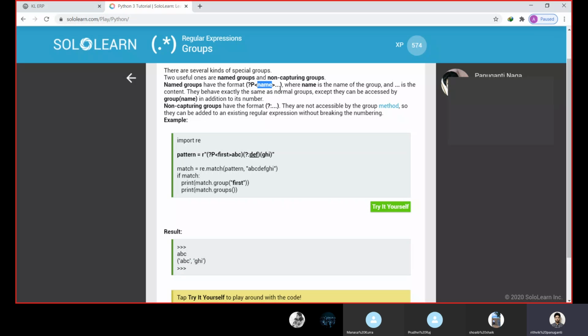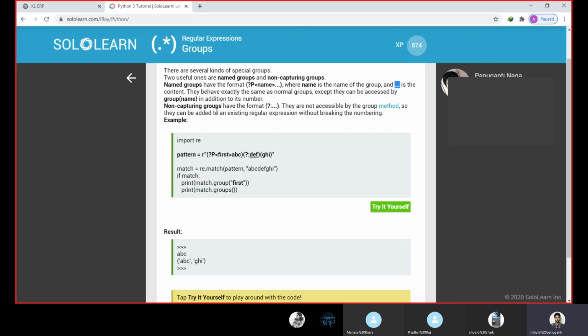Here name is the name of the group, so we are giving the name of the group in the name syntax. And the dots: we need to write something here, which is the content. We'll go into an example and understand this.